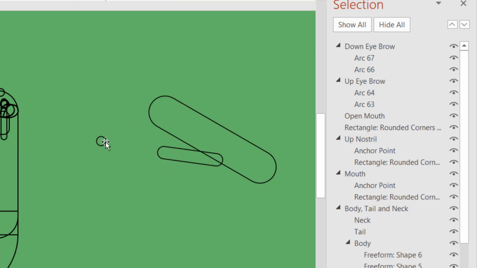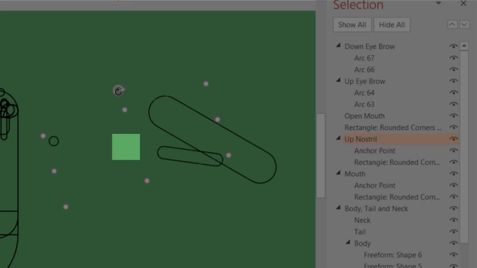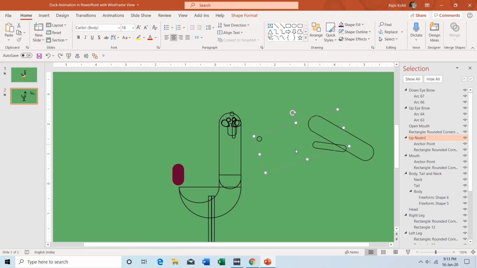You can use any shape with any size, it doesn't matter. What you only need to consider is where you want the anchor point to be adjusted. If I move this shape sideways, then you can notice that the anchor point has now changed to this point, and if I now rotate this shape, then it will rotate from that point. So I hope you got my point.